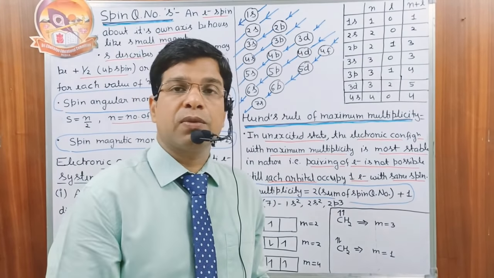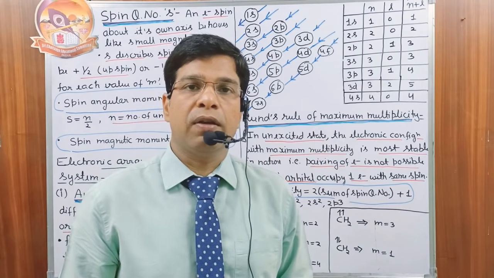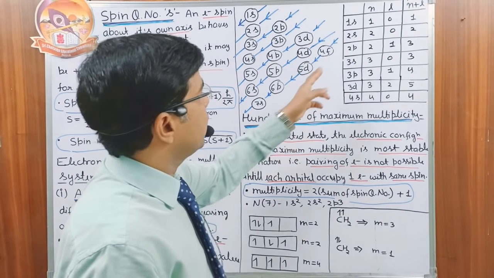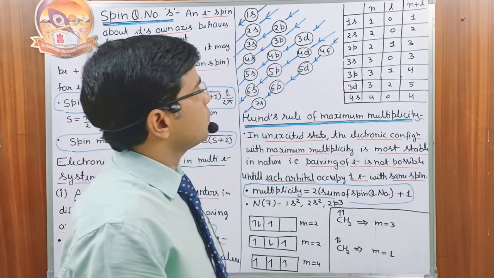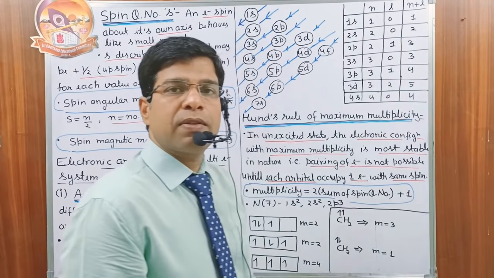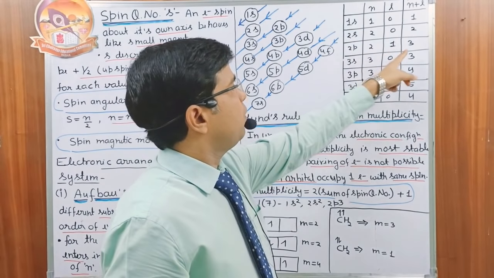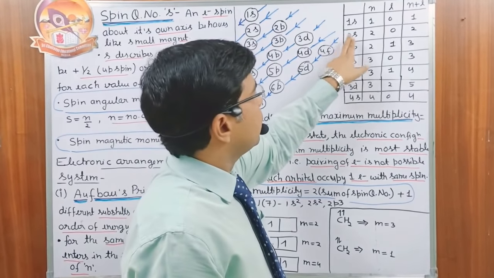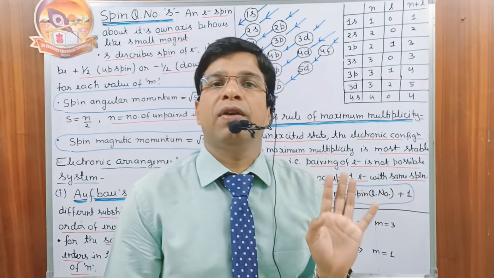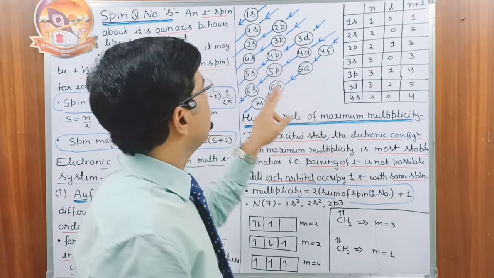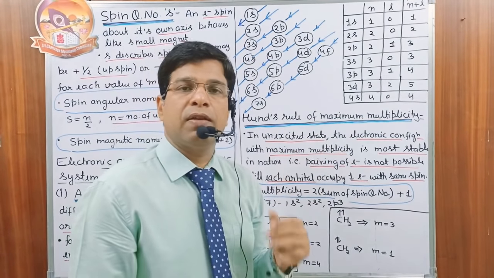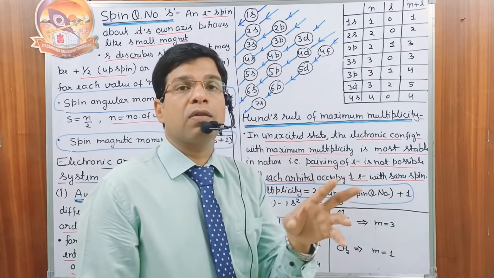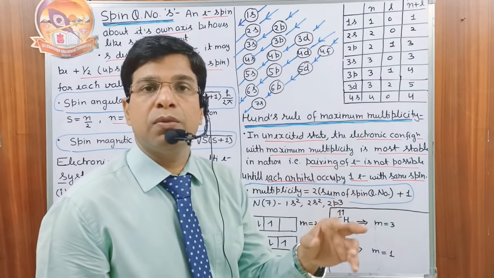When we have the third electron, 1s is already fulfilled. When the third electron wants to enter a different subshell, it has the choice, either 2s or 2p. Then you see for 2s the value of n plus l is 2, and for 2p the value of n plus l is 3. So the electron will enter 2s, where it has the minimum value of n plus l. So the third electron enters 2s, that becomes lithium, 1s2 2s1. The fourth electron also enters 2s, that becomes 1s2 2s2.